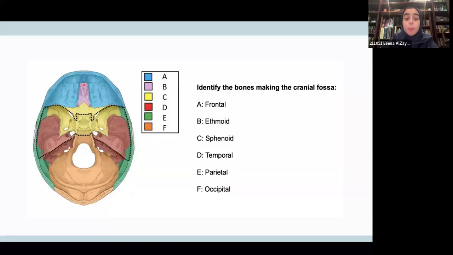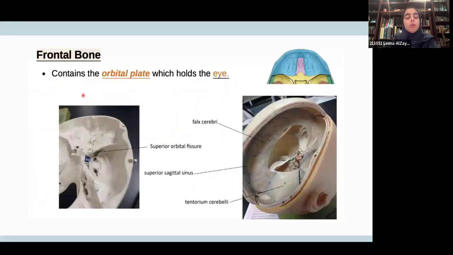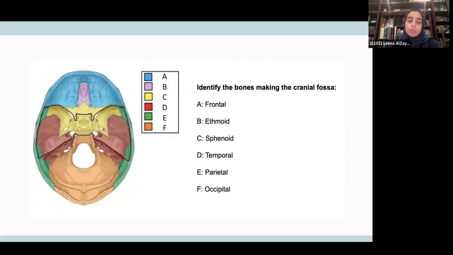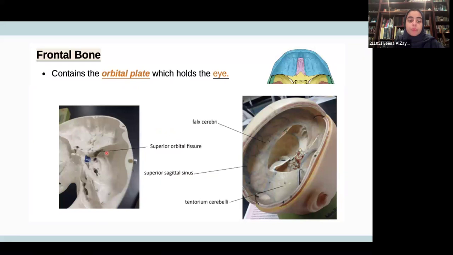The purple one over here, the small one, is called the ethmoidal bone. That's all. So the frontal bone, what you have to know is that, and just for context, first part over here is the anterior fossa, middle fossa, posterior fossa. Over here in the frontal bone, what you have to know is that it has the orbital